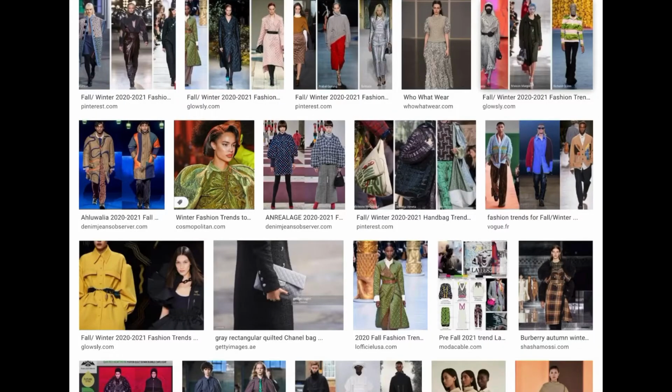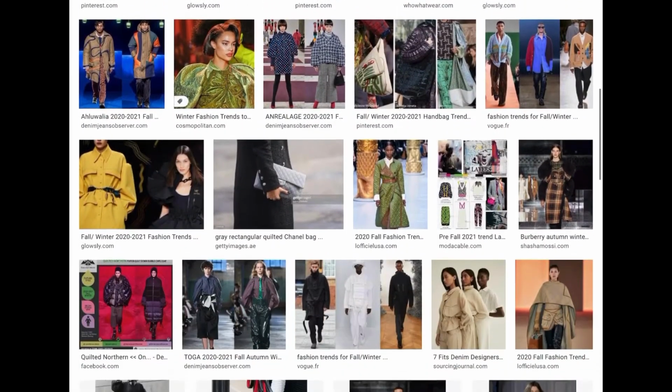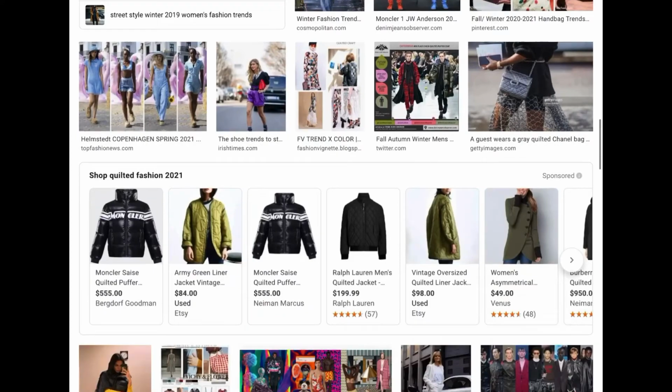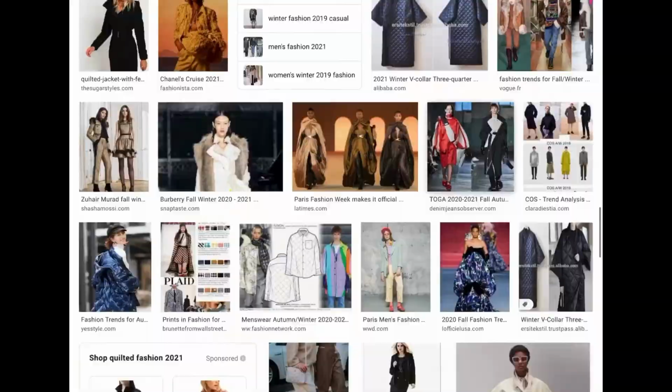The other thing is quilted. Quilted anything is in, and I don't have very much quilted because I just can't really get behind it. I have one thing that's quilted, and that's a quilted leather jacket. I can do outerwear. But people are wearing quilted shirts, quilted button-down shirts, quilted tops, just a regular top, quilted skirts, quilted pants. It's a quilt. Okay, but hey, listen. I've seen worse. We've seen puff jacket material clothes. So while that, yes, is a trend too, I'm not even talking about it, but